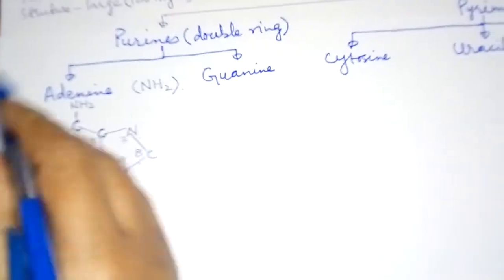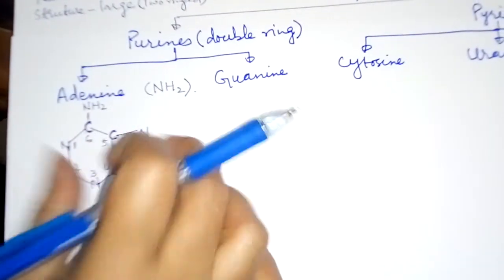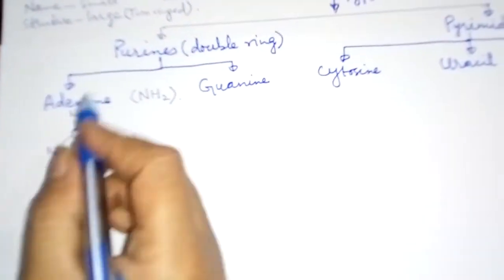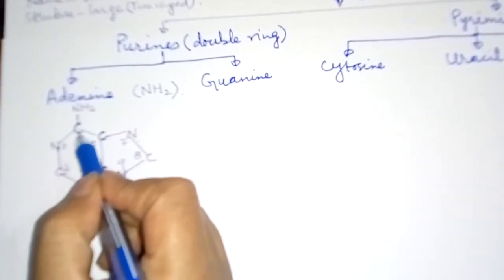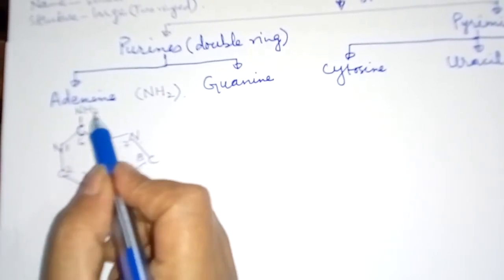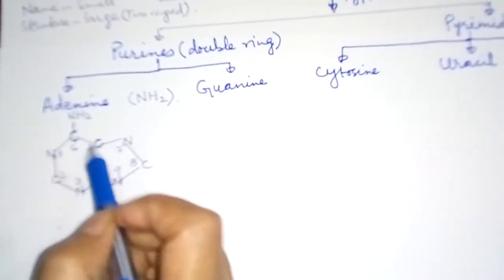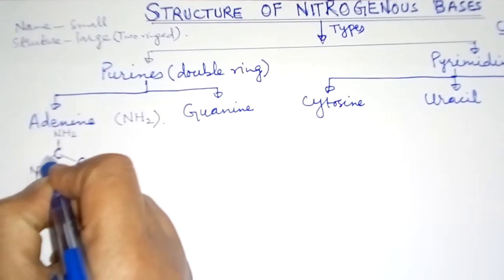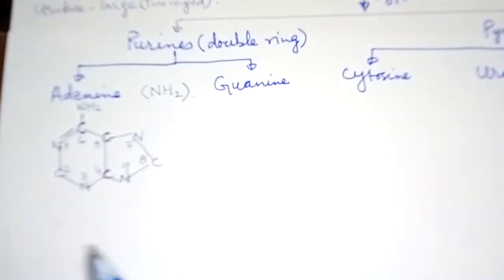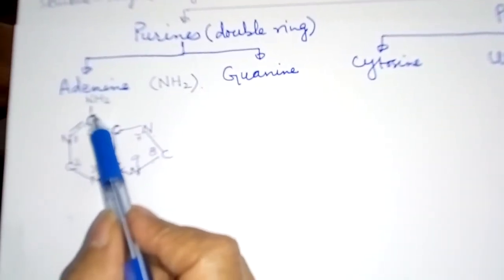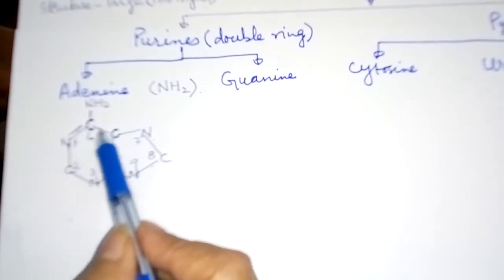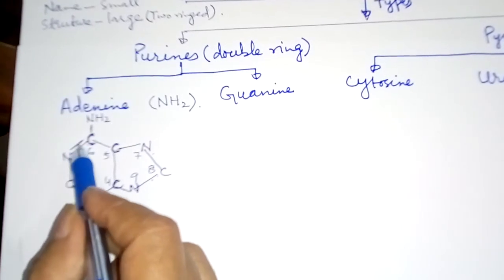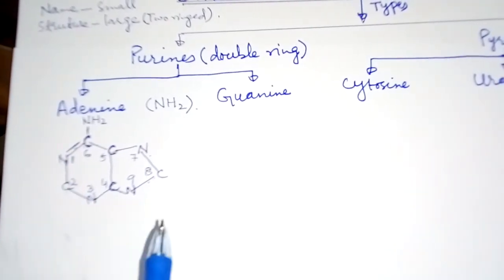And now I will complete the bonds inside these two rings. First of all, you know carbon's valency is 4, so it can make 4 bonds with other elements, but now it has 3 bonds, 1, 2 and 3. So I will put a double bond over here. Now carbon's valency is satisfied, 1, 2, 3 and 4, and nitrogen's valency is also satisfied because its valency is 3, 1, 2 and 3. But this carbon is not satisfied.